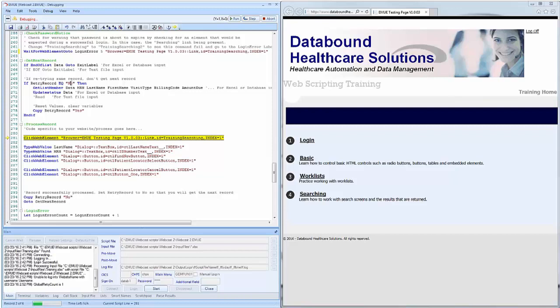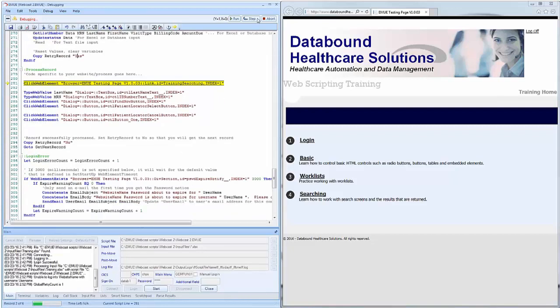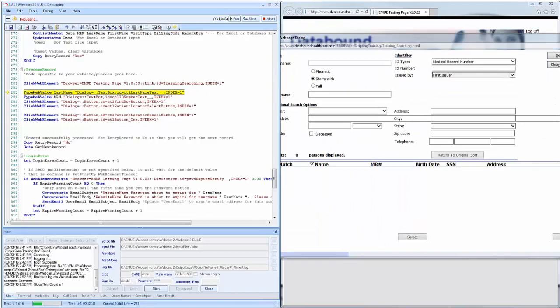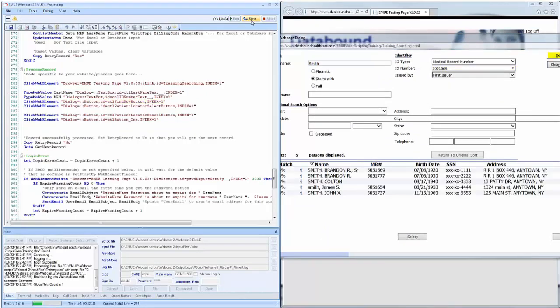So after I've said my retry record is no, that means that I want to get a new record. I'm not retrying the previous record. And then this copy retry record yes allows me to set that so that I can retry a record more than once. So in this case, I click the web element, and it comes up with a search screen. I put my information in there, my last name, my MRN, and I click some buttons